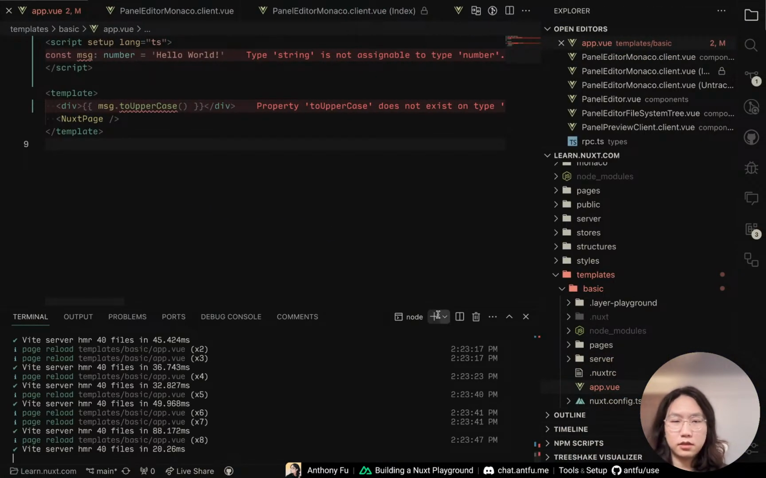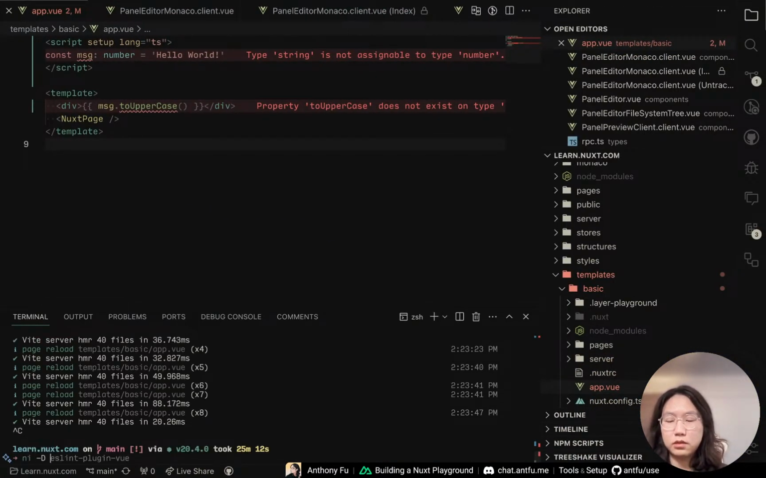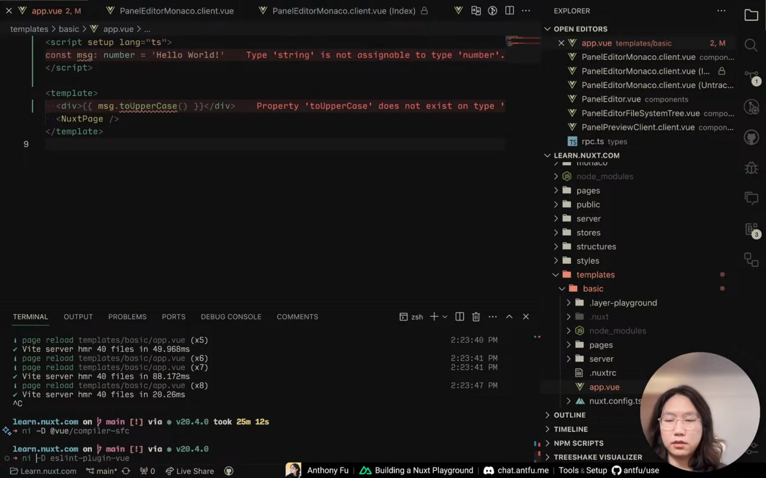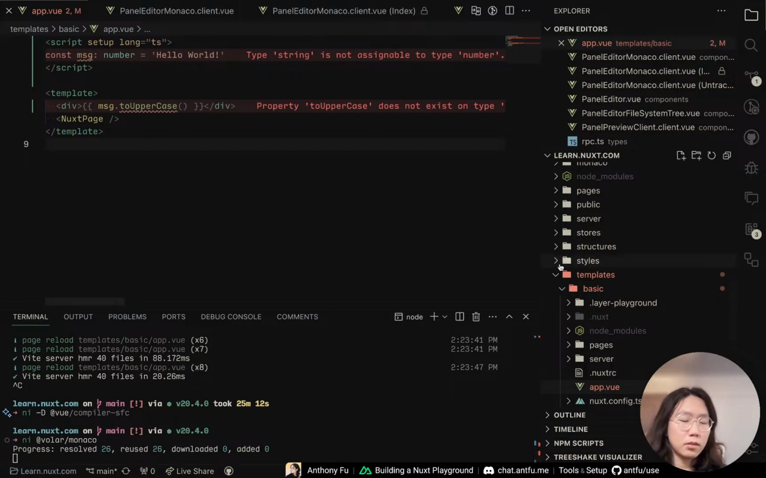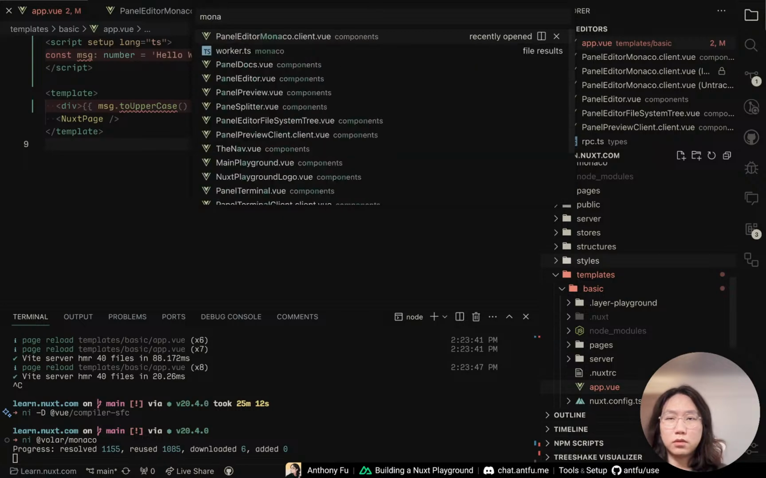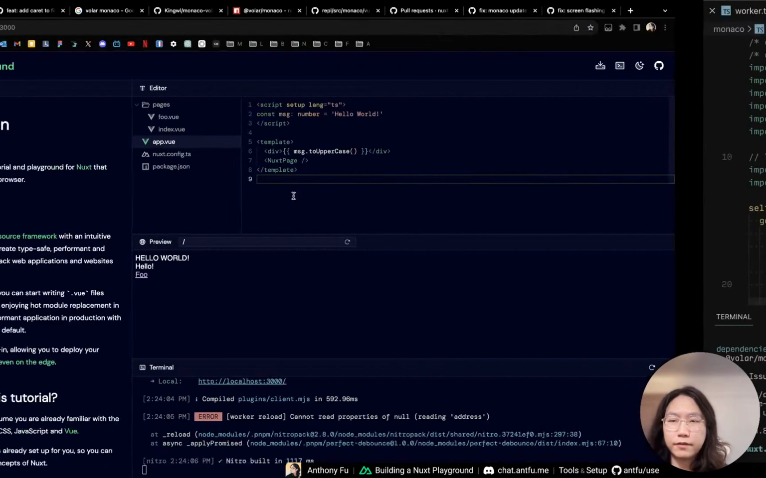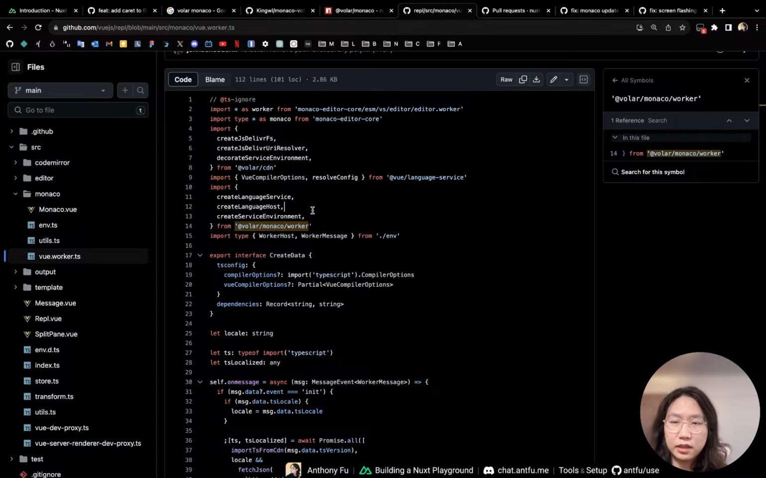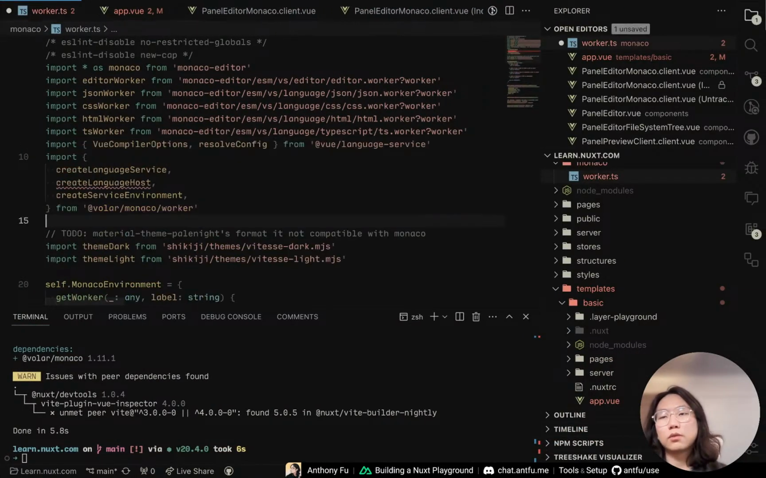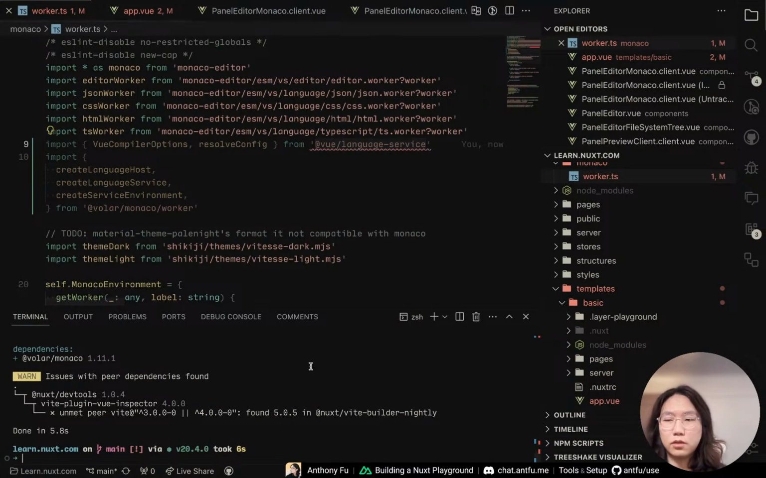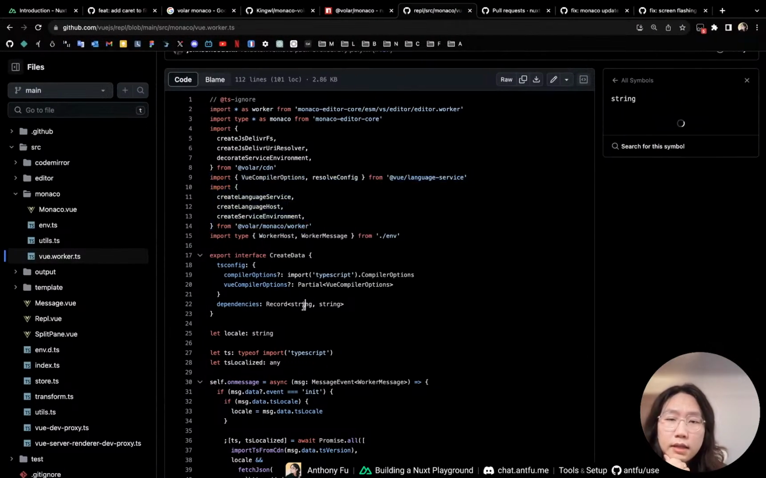And here, if I go, I think it's Volar Monaco. So here we have that file, and we will see how it's used. So we'll copy this thing. Okay, it also needs a language server service. So we basically will install this as well. And then